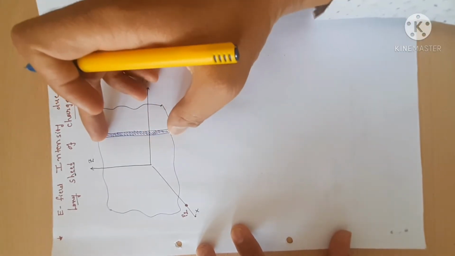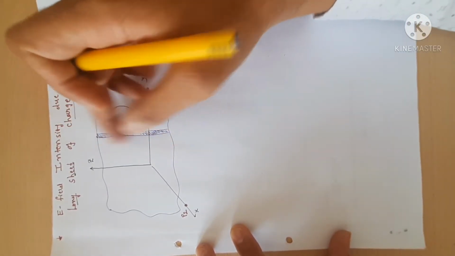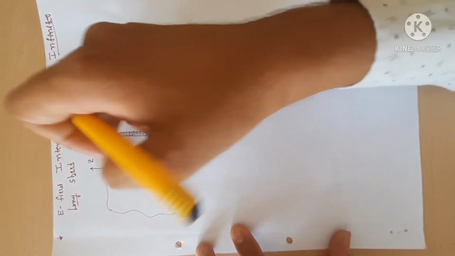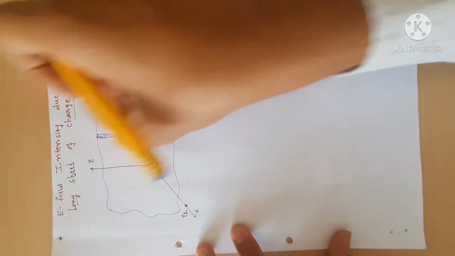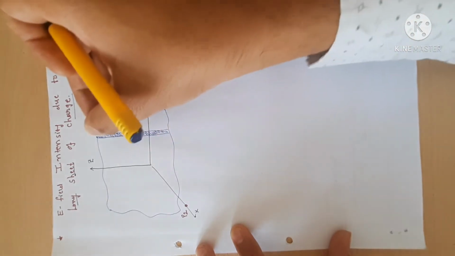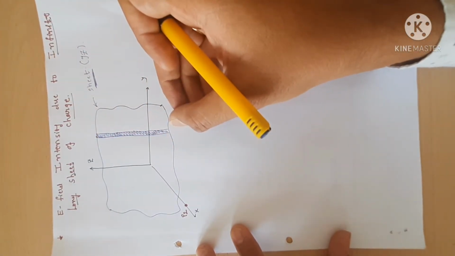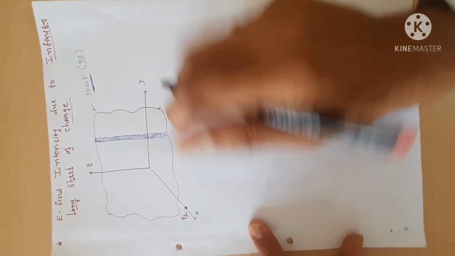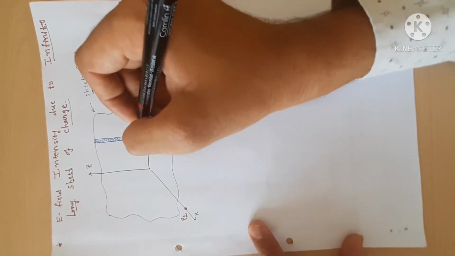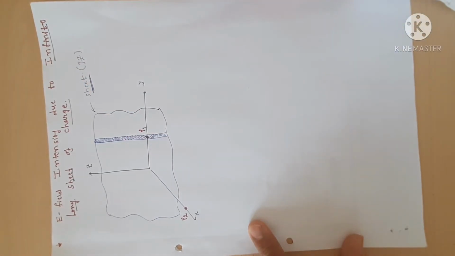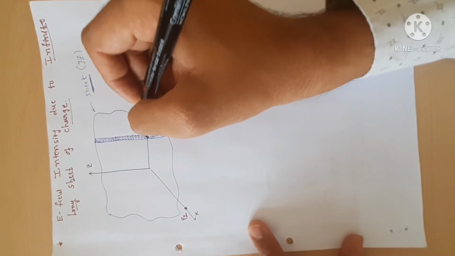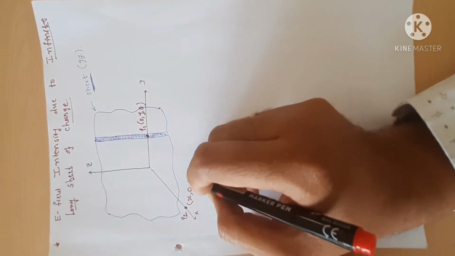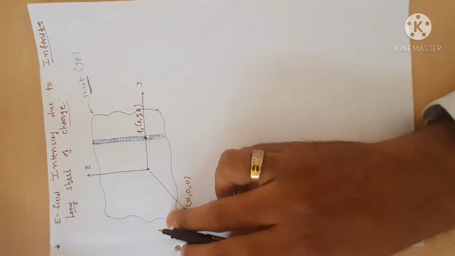There are so many lines of equal length present here, because we divide the sheet into lines of equal length, and I consider only one line. No need to draw all those lines; I just consider my line of interest. This line passes through the y-axis, so one point is present here, known as P1, on the y-axis, so the coordinate is 0, y, 0. Point P2 is on the x-axis, so the coordinate is x, 0, 0. This is my origin.